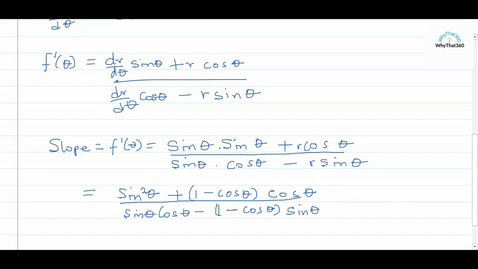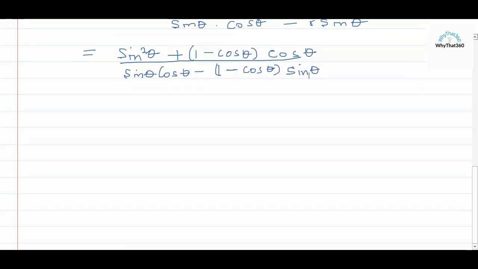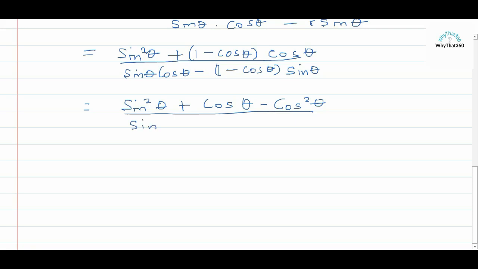So we will go ahead and expand the brackets. Hold on just a minute. Expanding will give us sine squared theta plus cos theta minus, that's cos theta times 1, and cos theta times cos theta, that will be cos squared theta. All this divided by sine theta cos theta